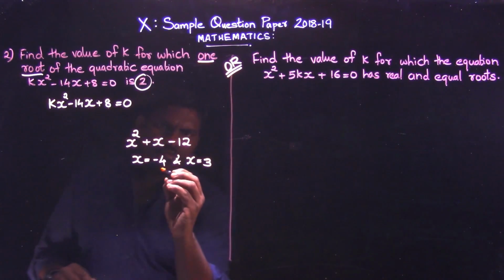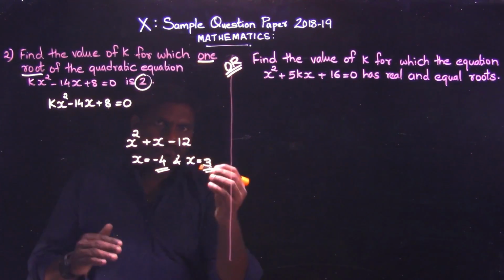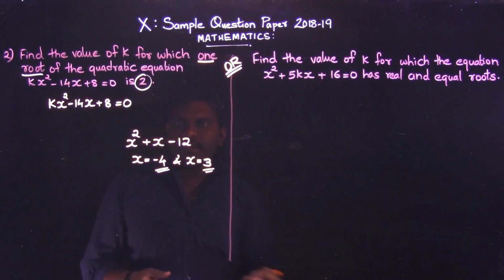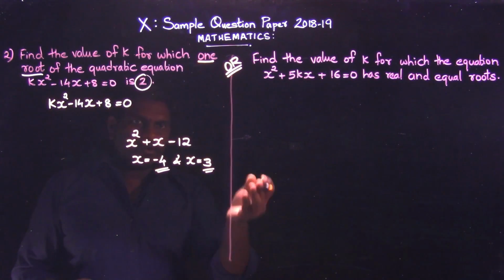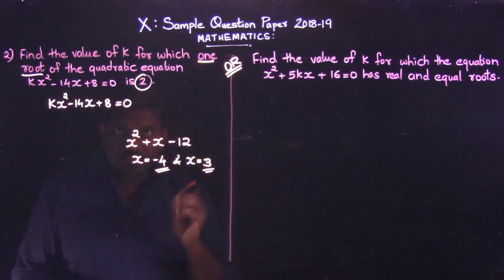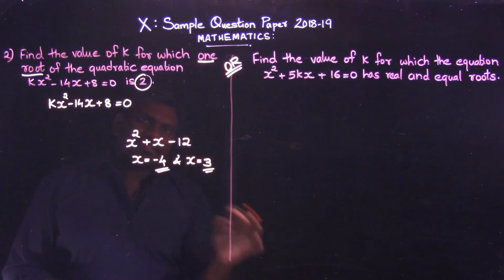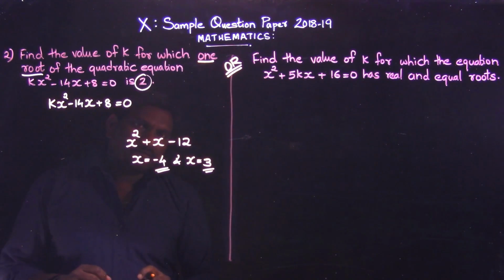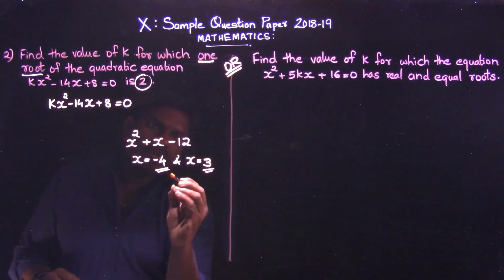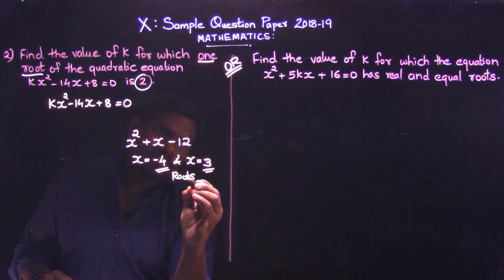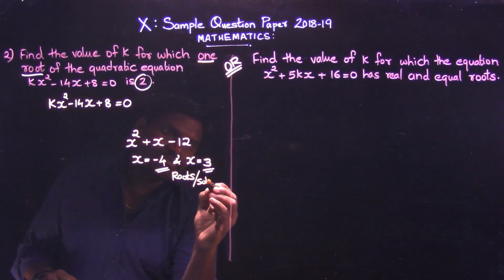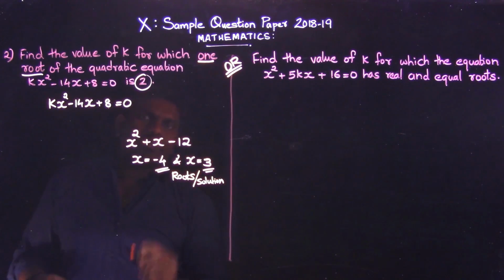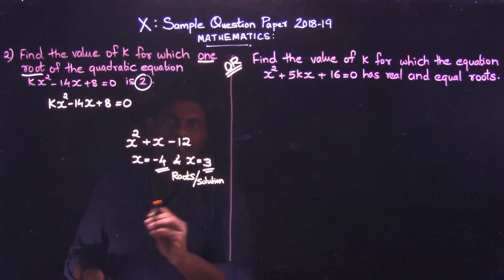Why I'm telling you minus 4 and minus 3: you have different methods in which you can find this one. You have splitting the middle terms, you have the formula minus b plus or minus root of b square minus 4ac, or you have a graphical method to solve this one. So it's not much of a deal, but over here you need to understand why these are called roots. Roots are nothing but your answer or your solution. That is your root. Fine, you need to keep that in your mind.